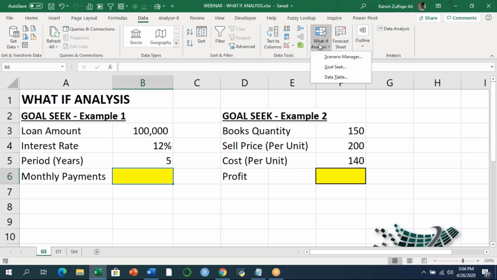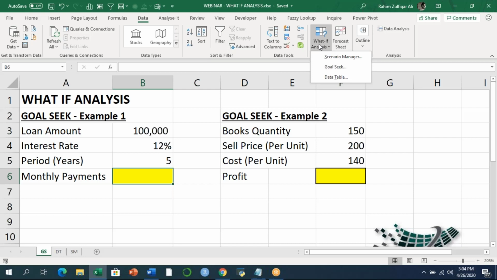I have seen a lot of professionals, mainly from the finance background or some other backgrounds, who use what-if analysis day in, day out in the models. So we will be starting first with Goal Seek. If you are not familiar with Goal Seek, let me introduce what it is all about. If you already know the result you require and want to determine the value that will achieve this result, you can use the Goal Seek feature.